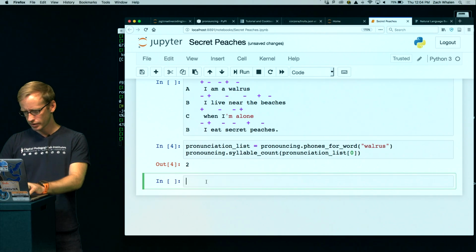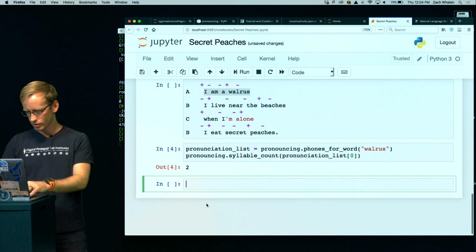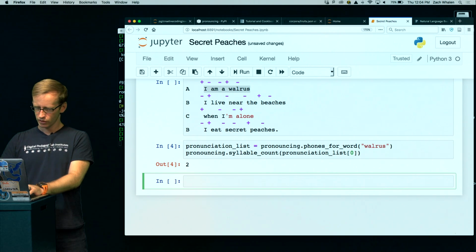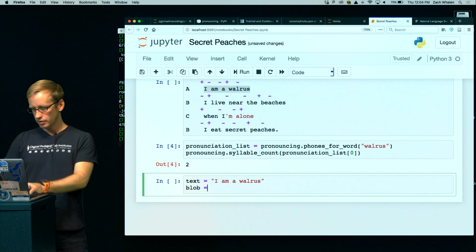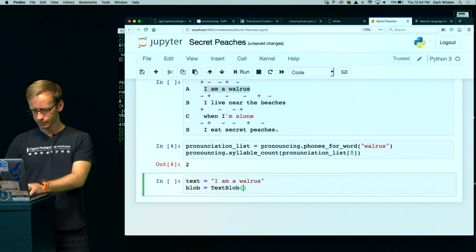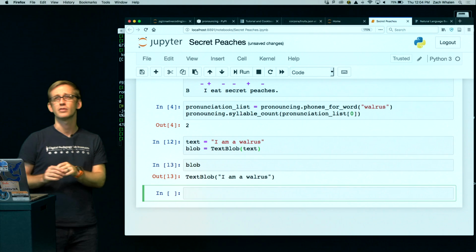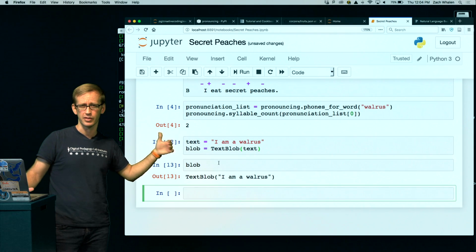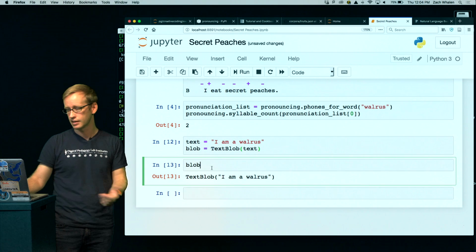Let's see, how should we do this? We'll just make a text string here. I'm a walrus, and then we'll make that a blob. Run that to make sure that works, and then take a look at blob to see what it is. Okay, so this tells me, when I say blob, I'm just asking the Python notebook to tell me what is blob, and it tells me that it is a TextBlob object, which means it has certain properties,